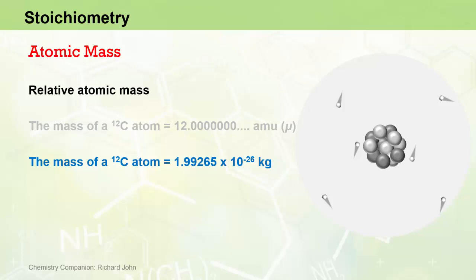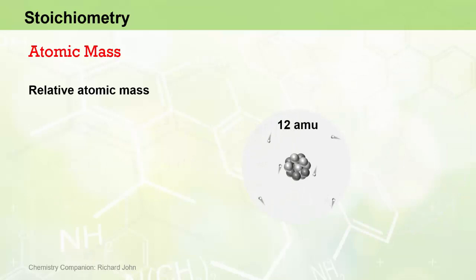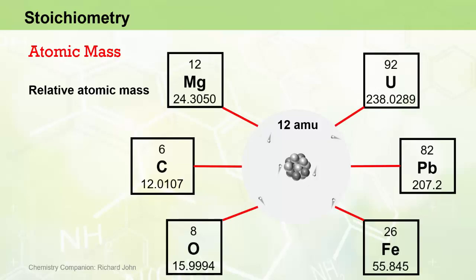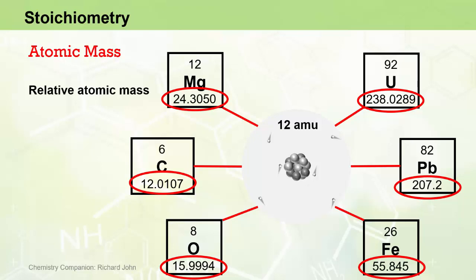And if we divide that number by 12, we can see that one atomic mass unit is equivalent to 1.66054 times 10 to the minus 27 kilograms. And that is worth knowing from an academic point of view, but in practice, we rarely ever use this relationship. What we'll actually use is the knowledge that a carbon-12 isotope has a mass of 12 atomic mass units and that every other element in the periodic table has been assigned a mass that has been measured relative to this value. And so we can see that these numbers under the chemical symbols in the periodic table now start to